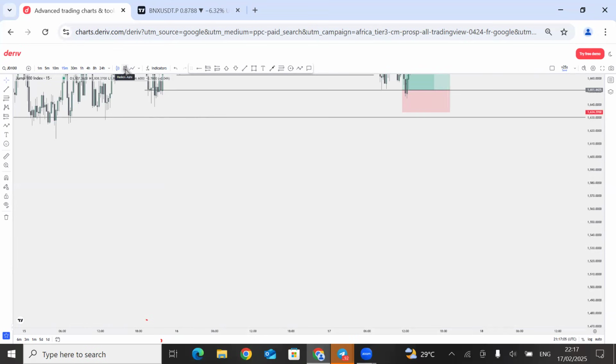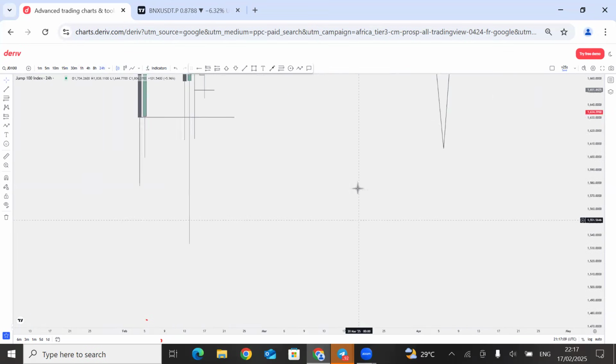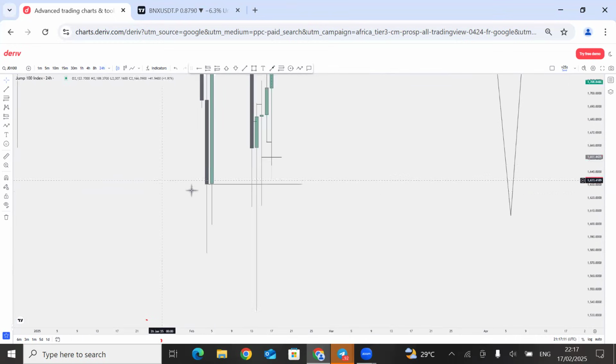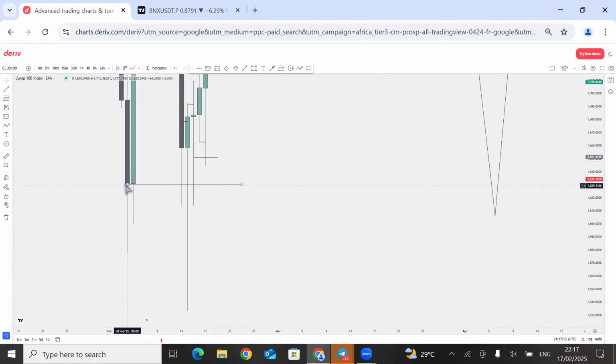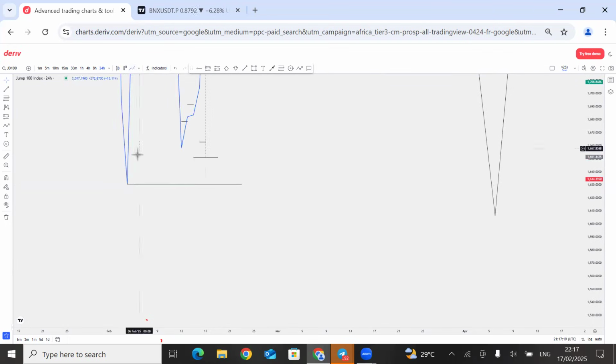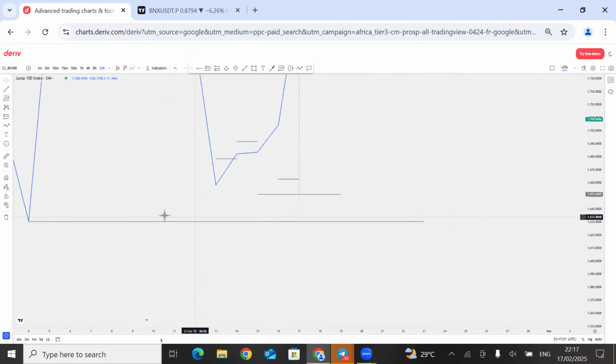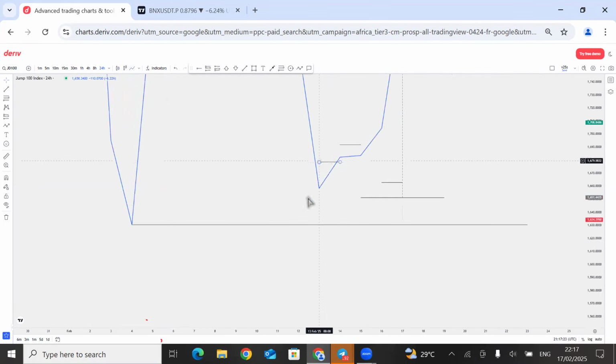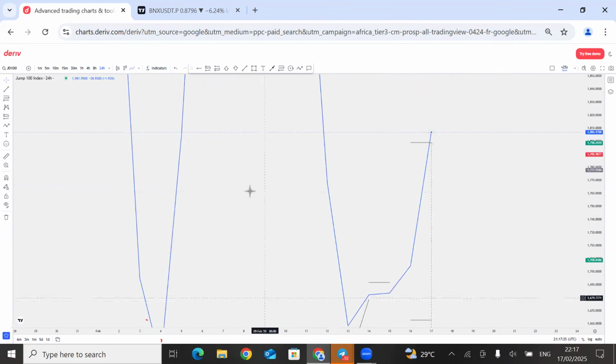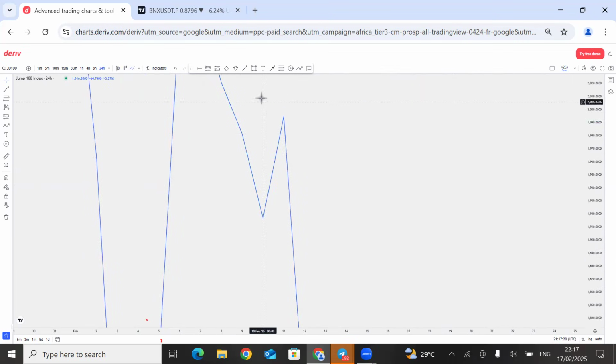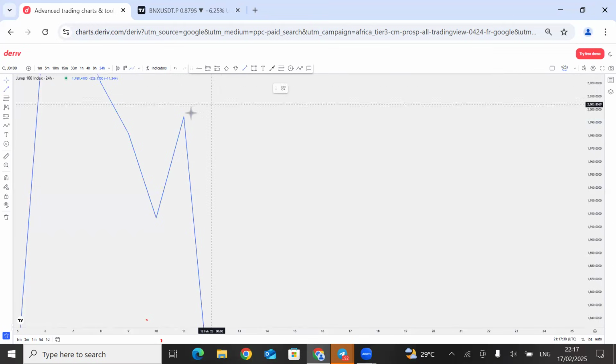So let's say, okay, let's go on a daily time frame here. Here is a closure, and here is an opening. For you to have this, just turn on your line chart. It's going to make it easier. On a line chart, wherever you see any V shape, know that there's a closing and opening of a new candle.